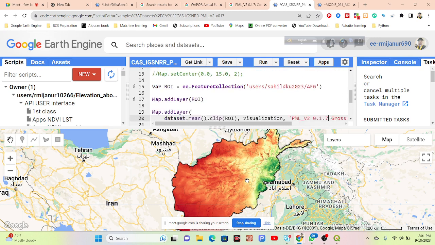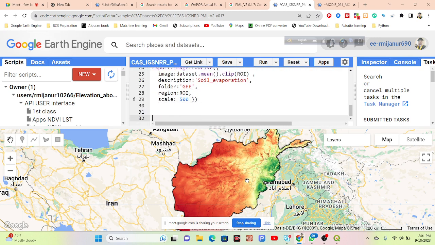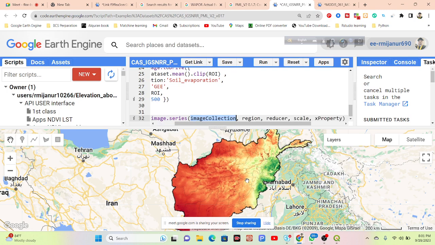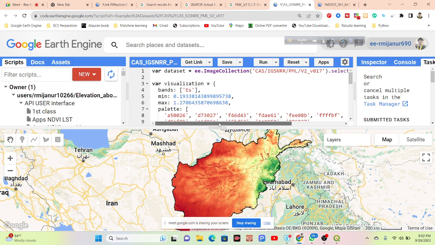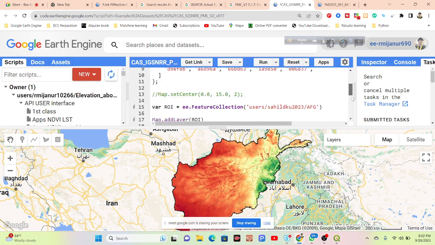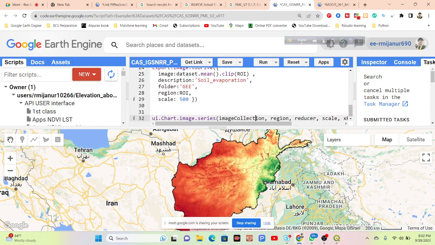So how can we create the time series chart? Just use ui.Chart.image.series. Then put all of those things one by one. Image collection is your image collection. In this way we can generate the full 2000 to 2020 time series. Just simply copy and then paste here. Then your region is your shapefile variable name,